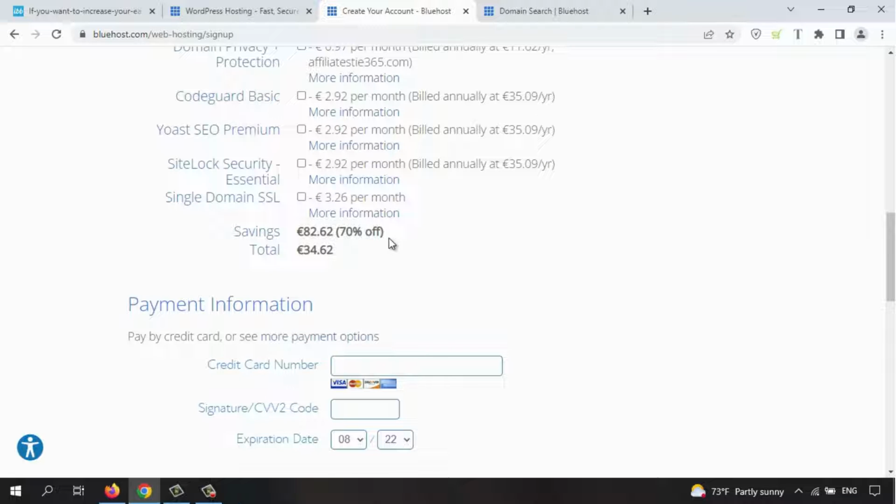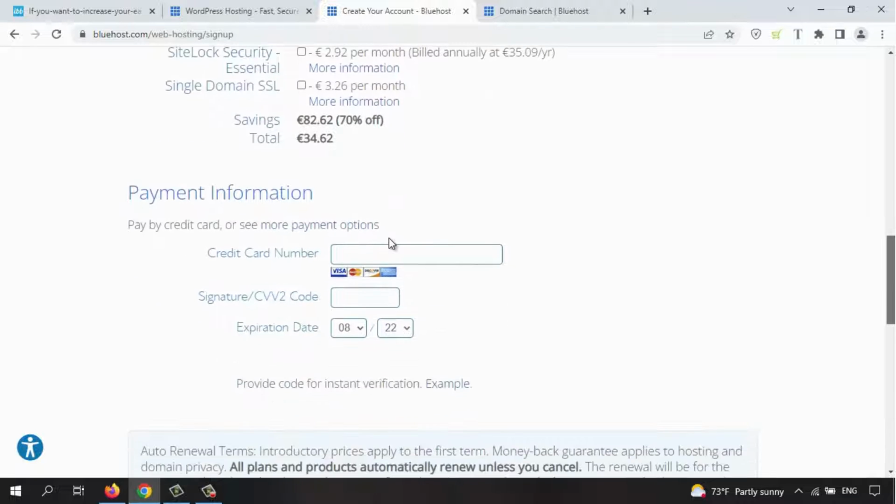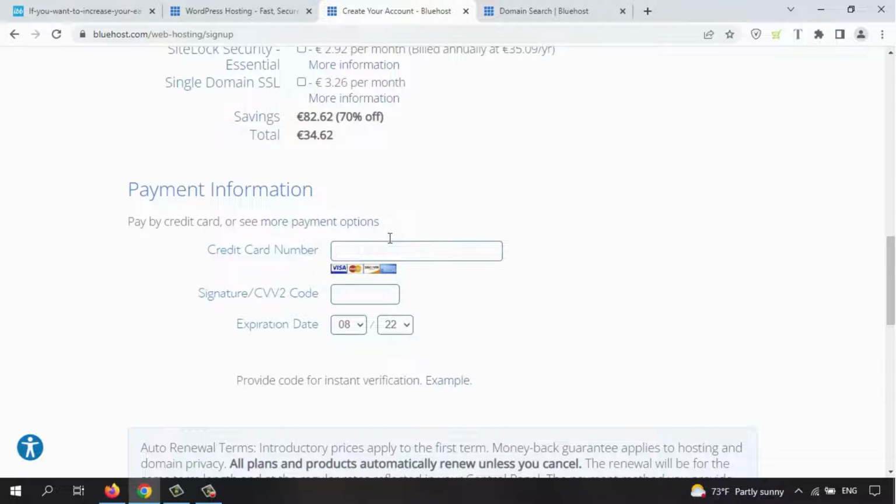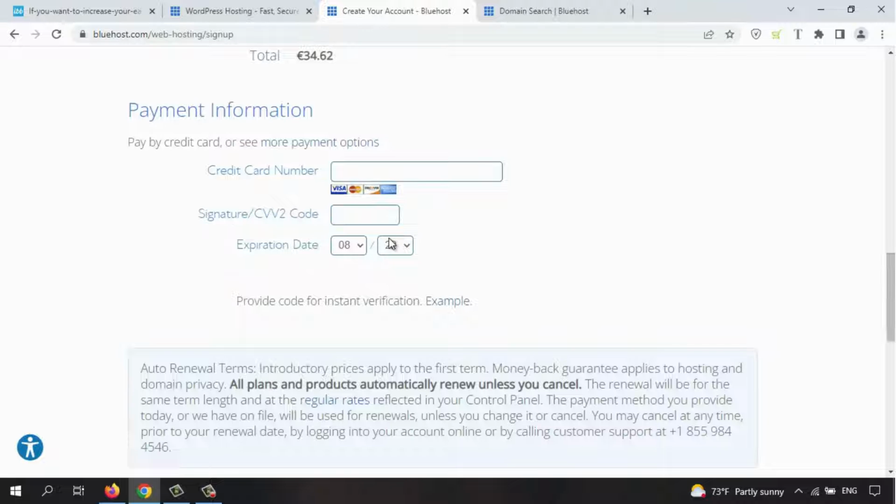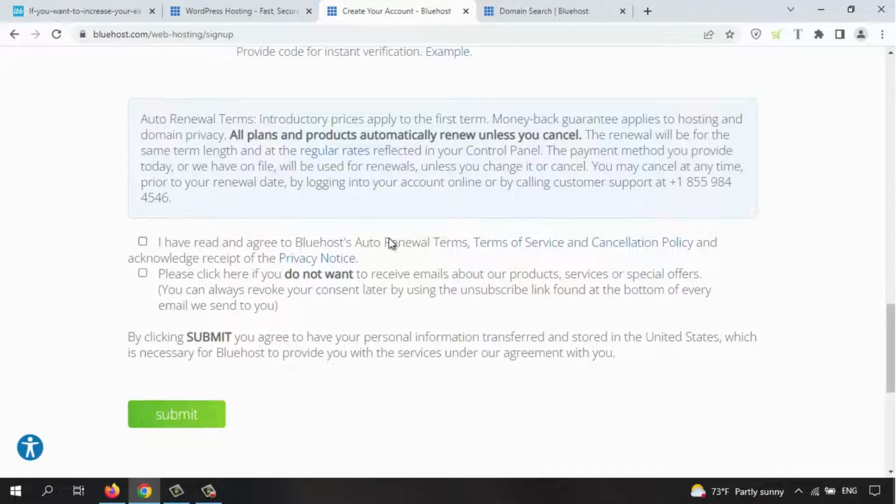Of course, you can have the price in dollars, and here you can enter your payment information: your credit card number, your signature, your expiration date. And then you can tick here that you have already read the auto renewal terms of services and cancellation policy. So if you have some time, you can take a closer look at these terms and conditions, and the privacy notice. But if you agree, you can tick it here and then click submit, and then you will have your own web hosting, which